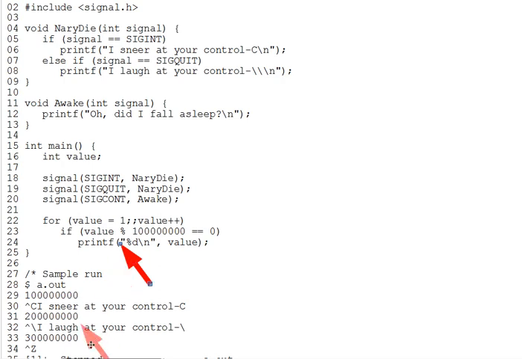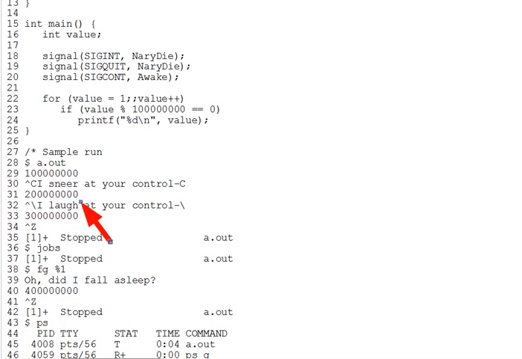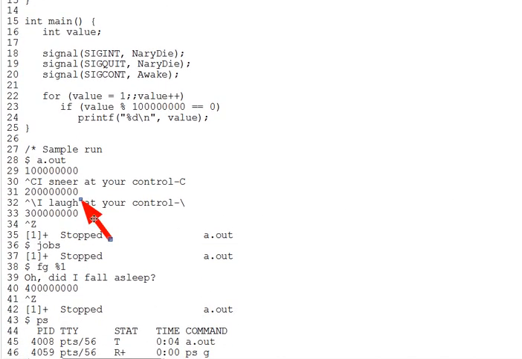Same happens, by the way, with a slightly different sneer when we try to Control-backslash the program. But Control-Z on line 34 does work to pause the program. You can't prevent this pause even with a signal call. And the line 35 that follows is output from the command shell and is part of the shell's job control